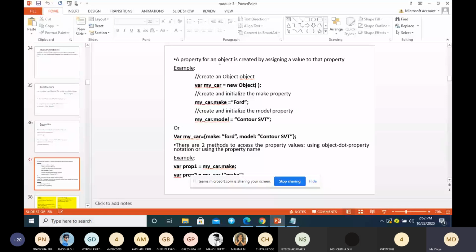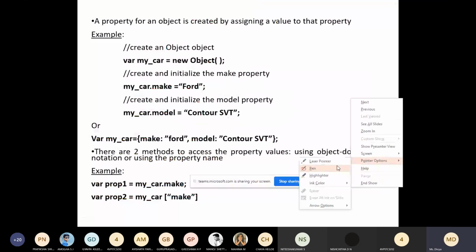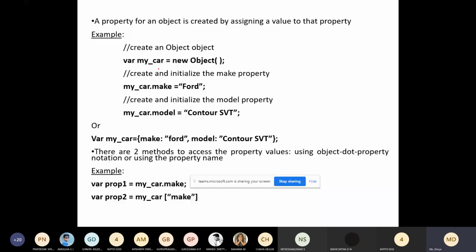A property for an object is created by assigning a value to the property. Here we are creating an object, myCar, and it is initialized with values.